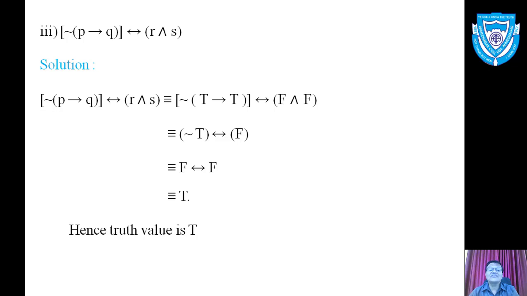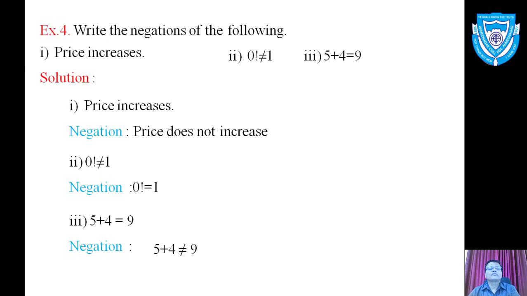What is the rule for biconditional, the rule for if and only if? The rule is: if both the components have the same truth value, then that biconditional is true. The same truth values may be false, and then also it is true. The biconditional is false when the truth values of the components are opposites of each other. Here in this example, the final truth value is true.